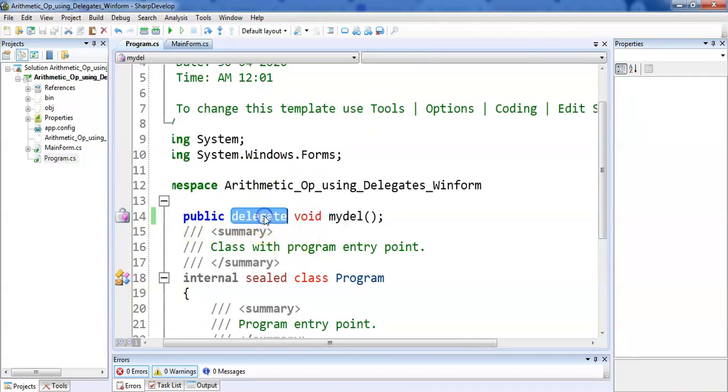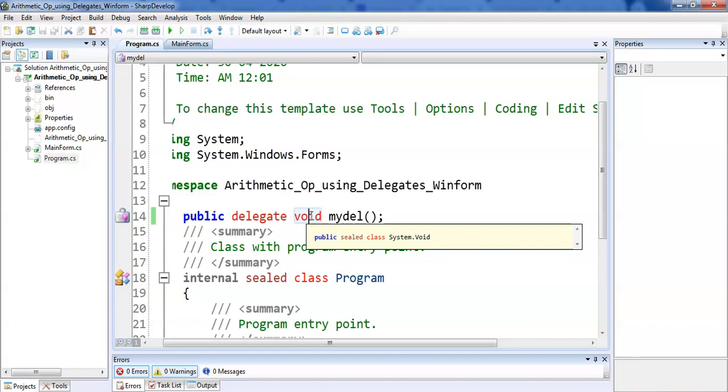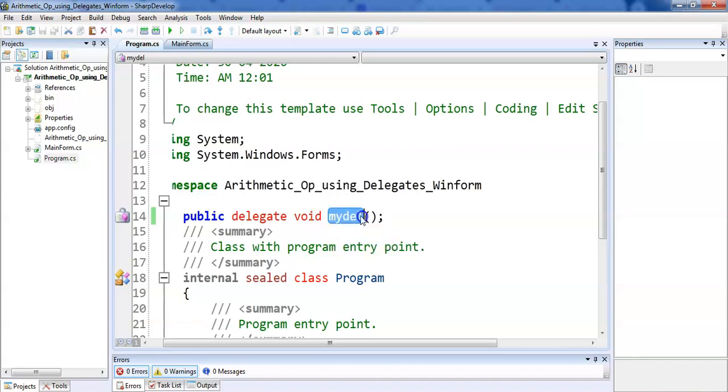Here delegate is a keyword which is used to create the delegate, and void is the return type, meaning it is going to point to a function which returns void. And it's called mydel, and these are the parameters. Here there are no parameters, which means this mydel delegate is going to point to a function which should have a return type of void and is not going to accept any arguments.